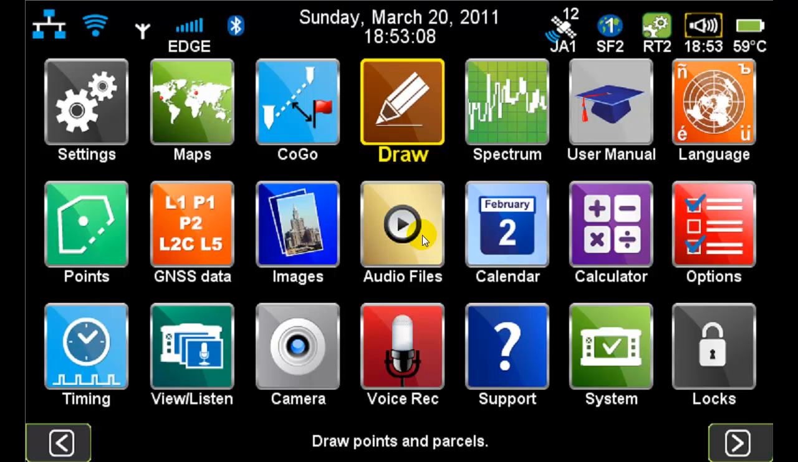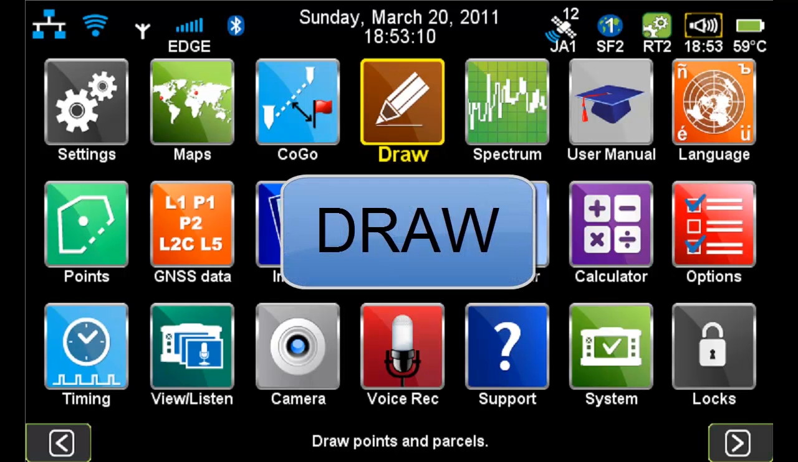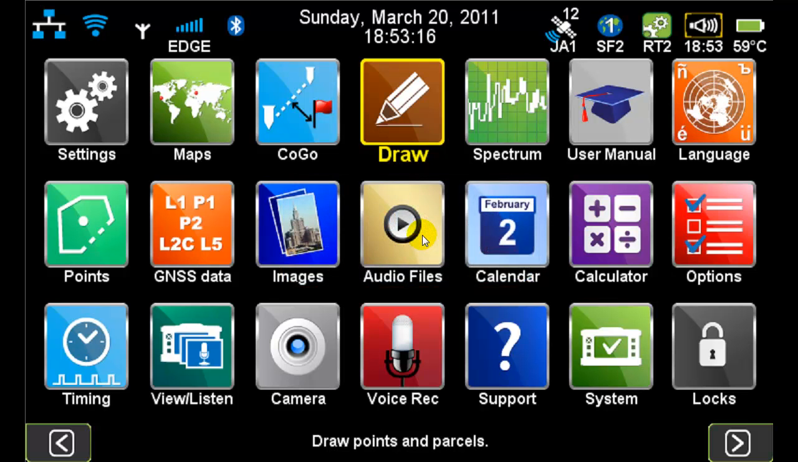In this section, I will discuss the draw feature of Triumph VS. Draw is the feature that can create a point or assemble points into a parcel or a polygon. To reach the draw menu, I can click the draw button of the home page,